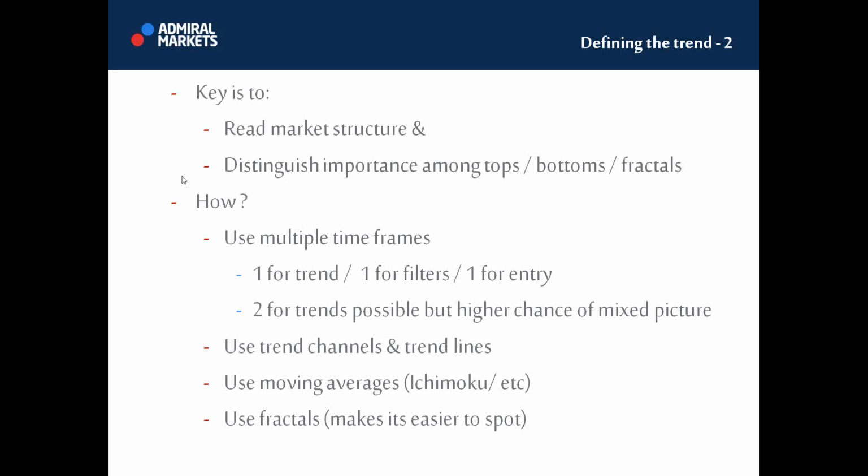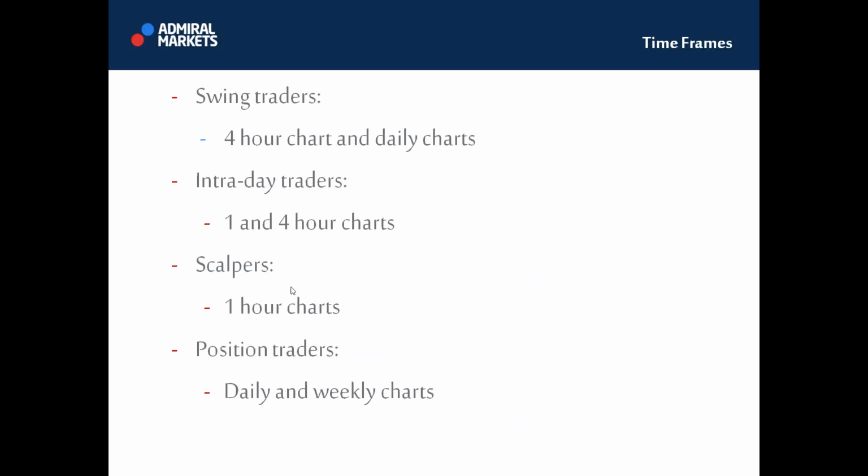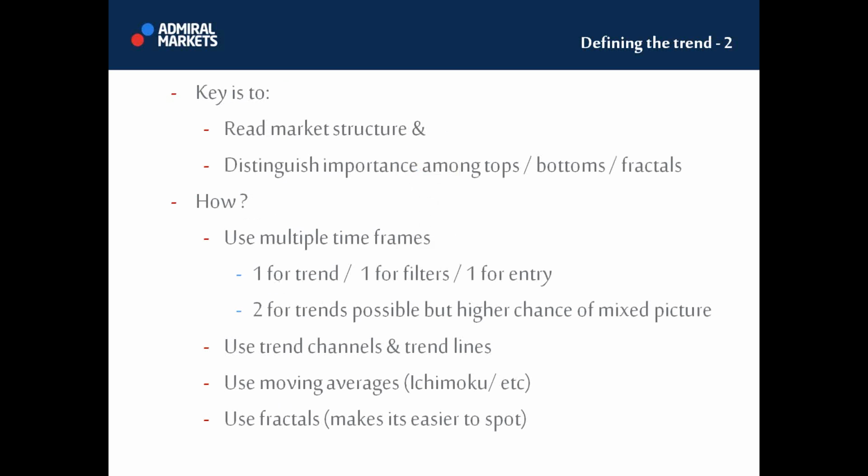The trend channels and trend lines, obviously, moving averages. Tarantula was saying indeed that it's a bit long to go into that. I do have one example of the moving averages I use in the trading room. Some of you look at it here at Admiral Markets on Tuesdays, Wednesdays, Thursdays, and I'll show you why I use that. And fractals make it a lot easier to spot. So let's dive into a bit more detail regarding the time frames first of all, and then we go into the other points. Oh, and also, as Tarantula mentioned, I forgot to mention it, but the oscillator indeed definitely should also be on this list.